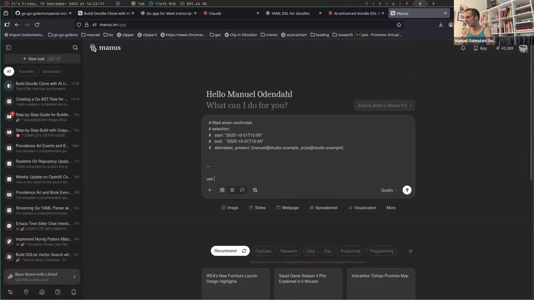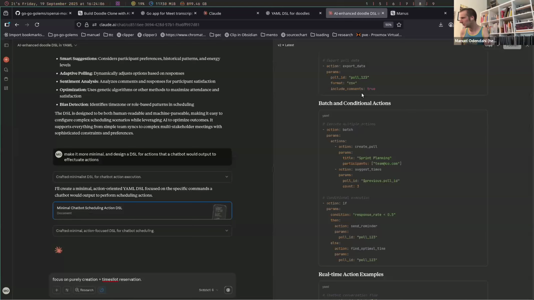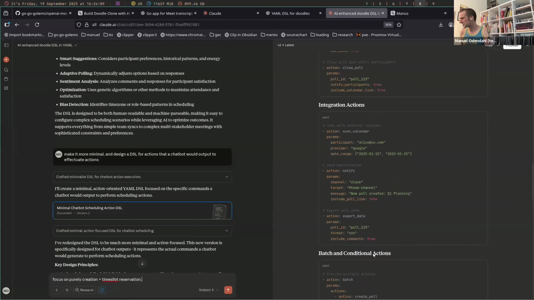Use SQLite for persistence, allow users to add their name, which is what I drew out on the iPad earlier. And then let me think, document the API, allow for AI triggered actions to be executed. And then here I'll paste this minimal list of actions with batching, notify,